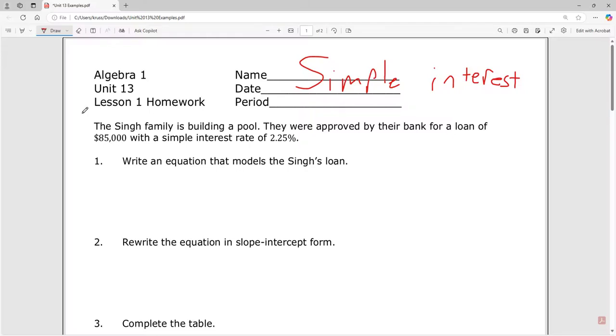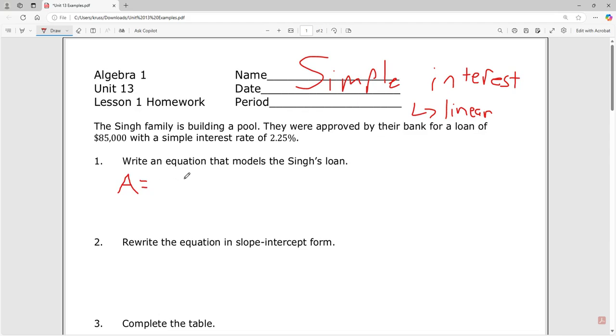All right, so unit 13 is all about breaking everything we've learned together. And we're going to do simple interest here. And the simple interest is a linear equation. It may not look like a linear equation at first glance, where we have the amount, which is our y value,